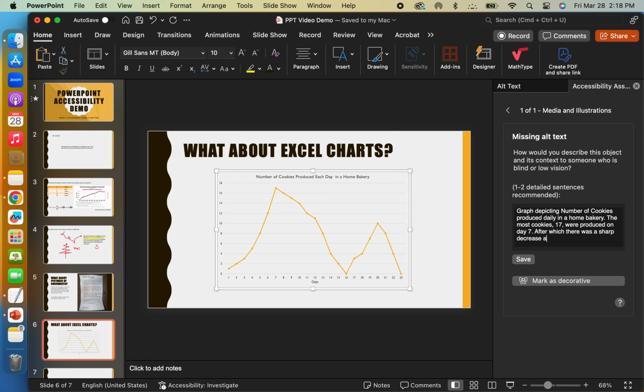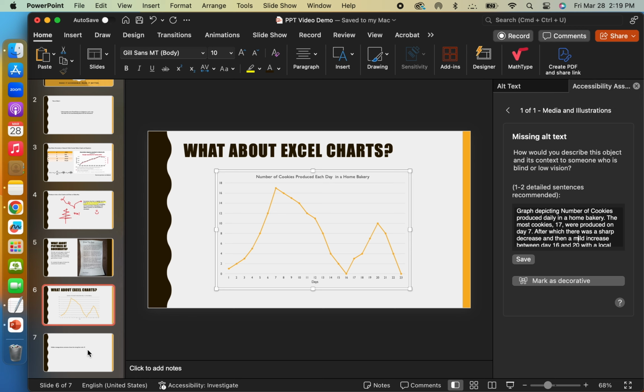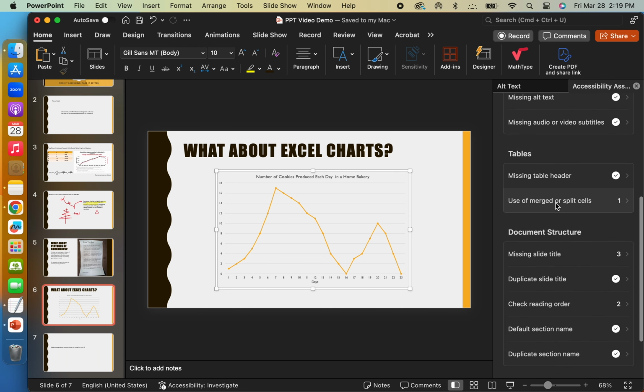So, you can say, these many cookies were produced on these days, these were the peaks. You could even put the valleys. You can say, oh, I see on day 16 that there were no cookies produced. So, just sort of putting the relevant data in. You don't have to do too much, like you don't necessarily have to say that the line is yellow, but just saying, okay, here's the chart, here's what it's saying, here's the relevant data. Always remember to save it,